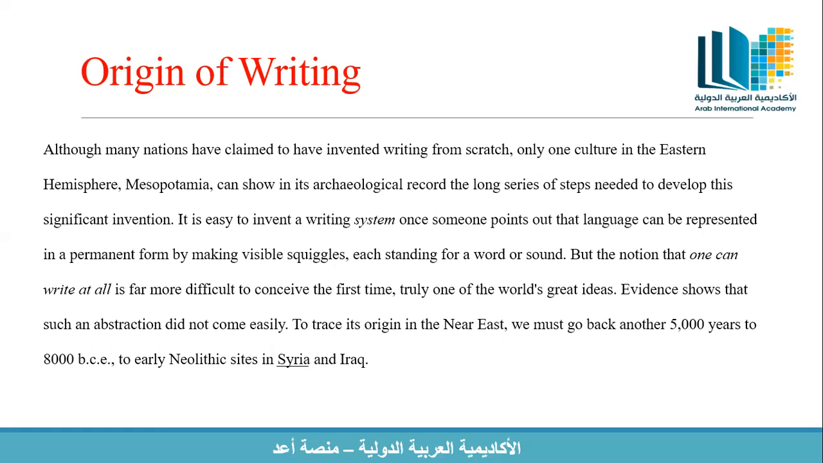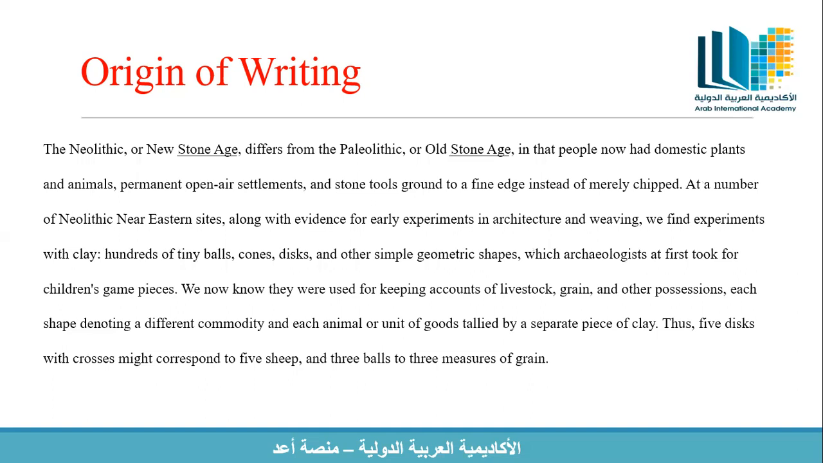To trace its origin in the Near East, we must go back another 5,000 to 8,000 years to early Neolithic sites in Syria and Iraq. The Neolithic, or New Stone Age, differs from the Paleolithic, or Old Stone Age, in that people now had domestic plants and animals. Things had changed. We had permanent open-air settlements, and we had stone tools ground to a fine edge instead of